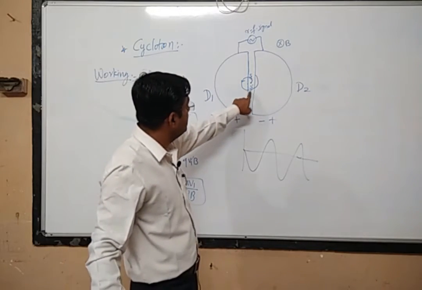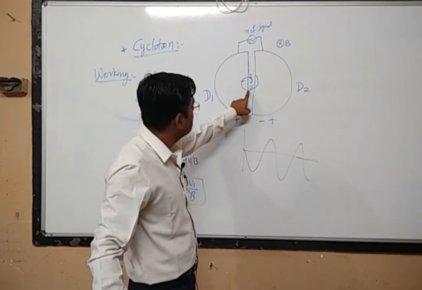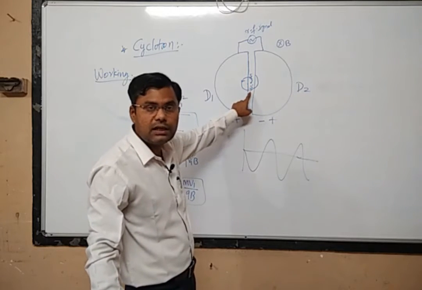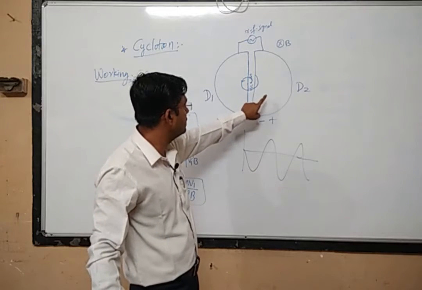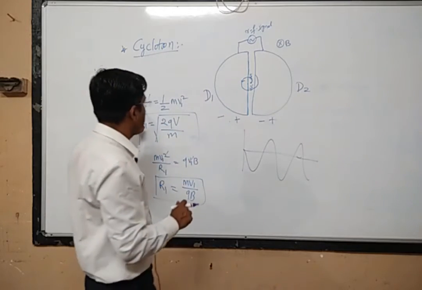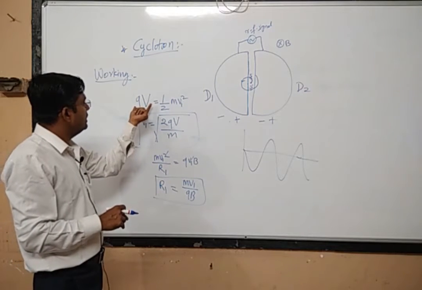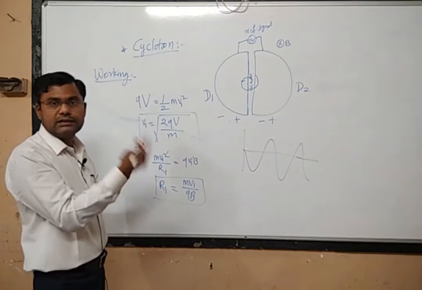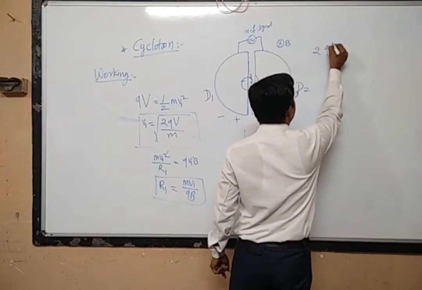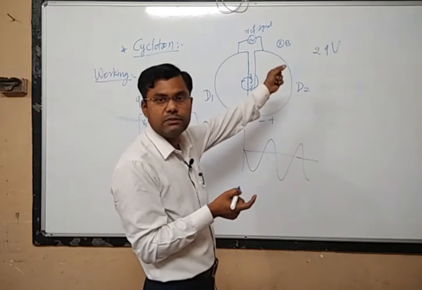So next time, what will be the velocity? See, earlier this was the first acceleration. Up to this point the acceleration is constant, and now in this particular region the charged particle is again accelerated by the D2. So what will be the velocity acquired? In the first acceleration the energy acquired by the charged particle is q into v. Now what will be the energy acquired in the next acceleration? It will be 2 times q into v.